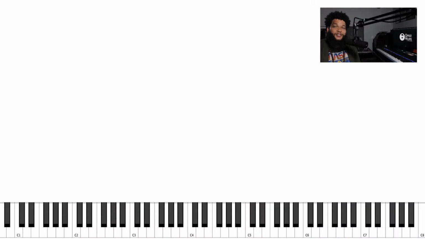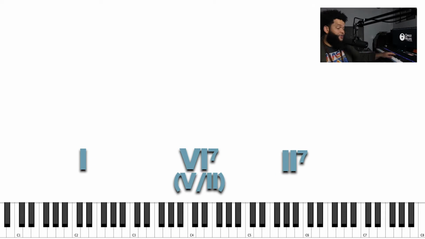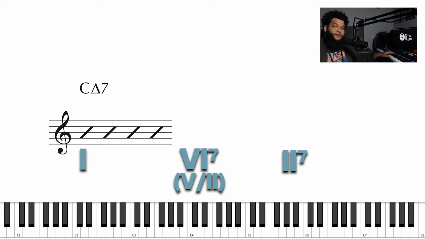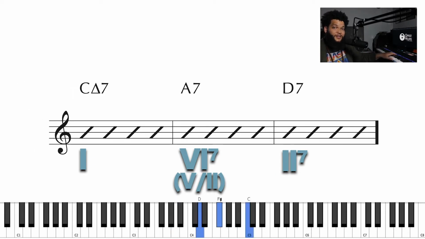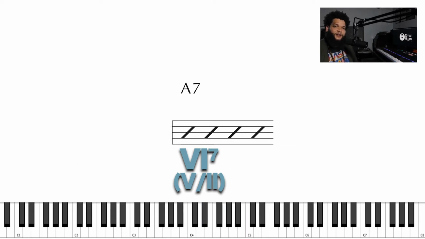To kick off our analysis, I want to take a look at the chords and make sure we understand how they function. Looking in the key of C, we're going to move from 1 to 6 dominant to 2 dominant. So in the key of C, that's C major 7 to A7 to D7. I want to take a closer look at that A7 and really see why it's there and how it pulls